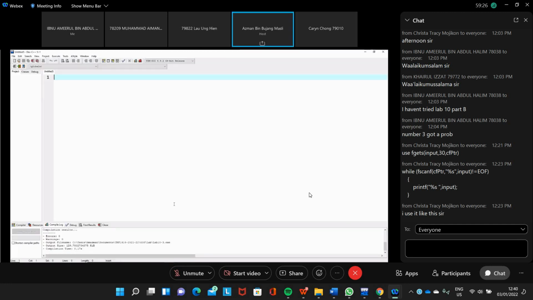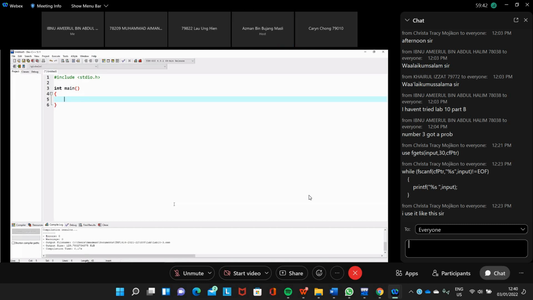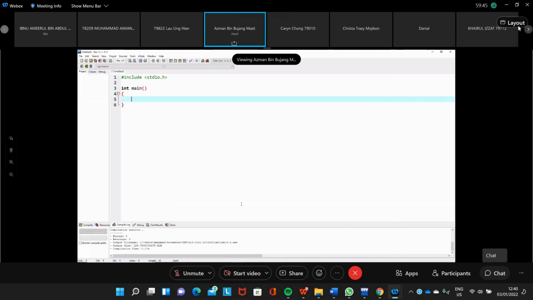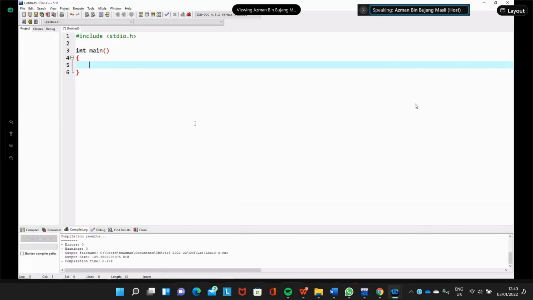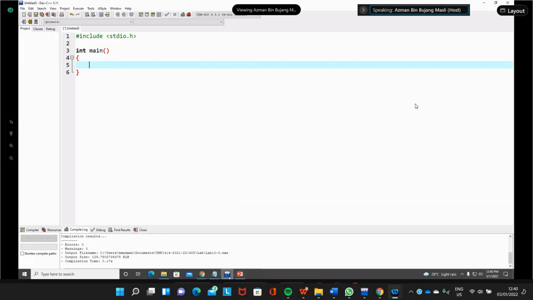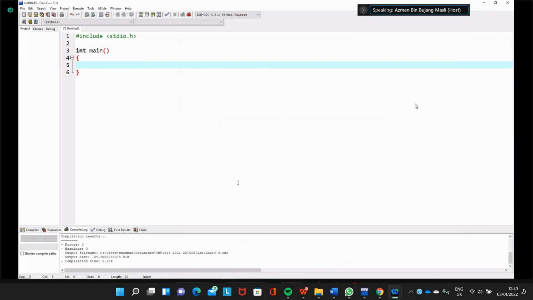Here we have include, and then we have main. First of all, when working with a file, you need to declare your file pointer first.